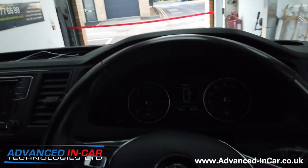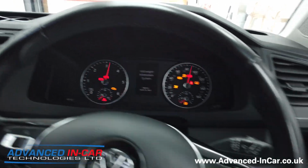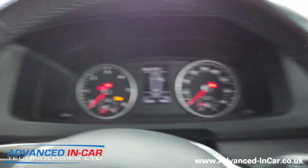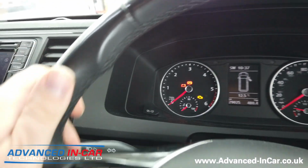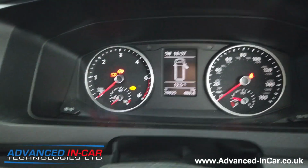Working hunky-dory. So there isn't too much that I can show you, but I will turn the van on, put it on auto lights, and as you can see, the screen's dimmed and the lights have come on and all that sort of business. So using the indicator and light stalk, all you do is, so you'll know from the normal